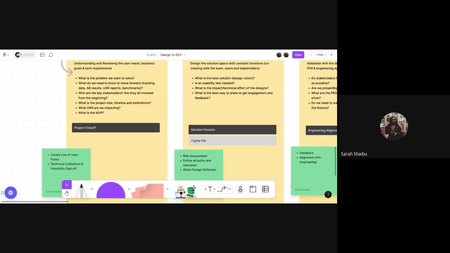This also helps you in your design because from this discovery phase, I typically have an output of low fidelity user flows. And from those low fidelity user flows, the engineers can already see it and tell me, Sarah, this is going to work, or Sarah, this is not going to work. So from that very first early stage, I get to see my technical limitations. I get to see what is feasible and what is not feasible. That really helps me when I'm carrying a potential solution to high fidelity.